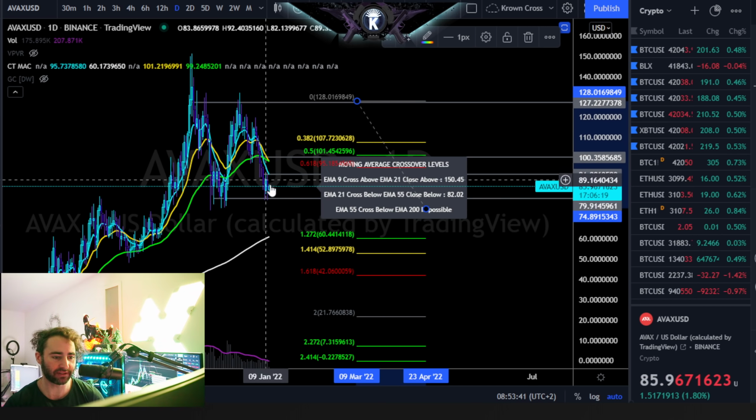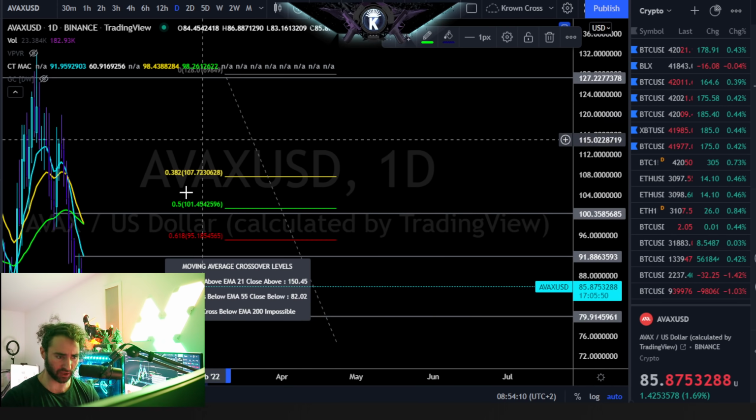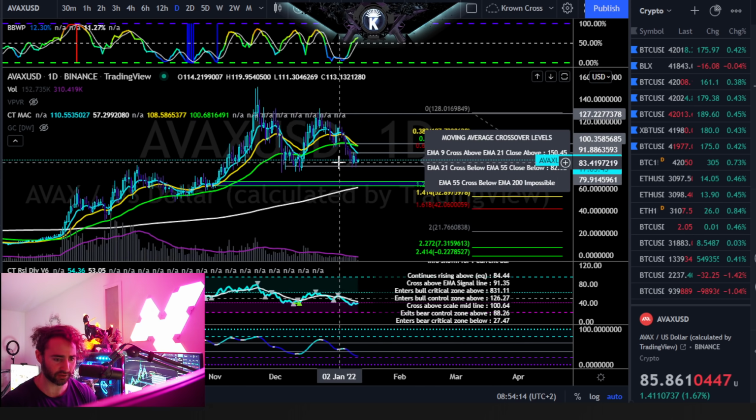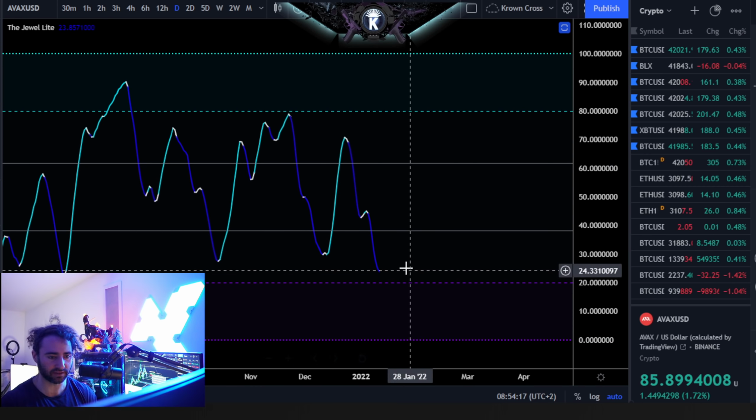If that were to happen, obviously that would imply that Bitcoin very likely breaks down as well. You probably know my thoughts on Bitcoin: maybe a short-term downside move here, but I do think that we have a nice medium-term low in for right now. The question is, does this one get back above its critical regions? Let's see what our other oscillators are saying right here. We do see daily Joule is getting pretty low.